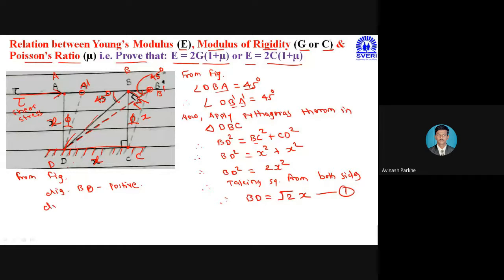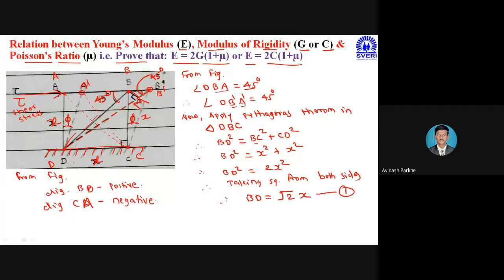And is your diagonal AC under tension or compression? Here I have not drawn it, but if I draw, for example, this is diagonal AC before application of force, and if I join another A dash C, does the length of diagonal AC decrease or increase? Decreases. Means diagonal AC or CA is subjected to the negative.